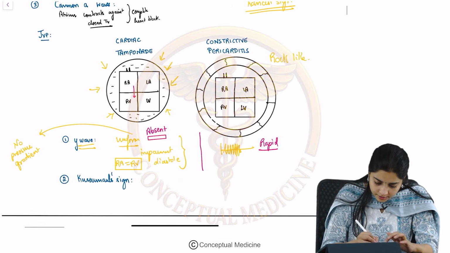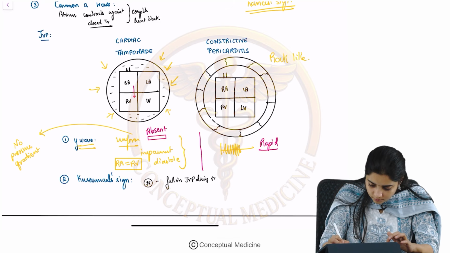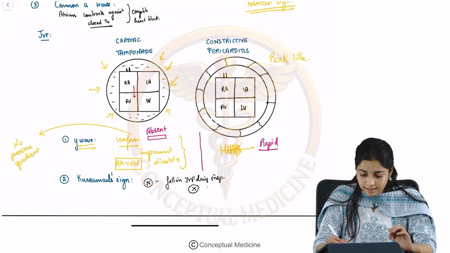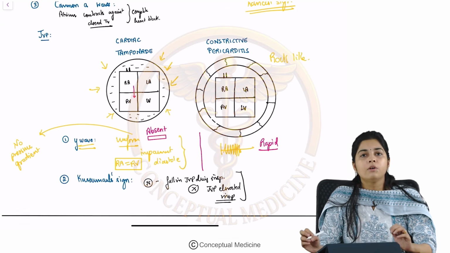Normally there is an inspiratory fall in the jugular venous pressure. If this is absent and the JVP remains elevated during inspiration, this is what we call the Kussmaul sign,